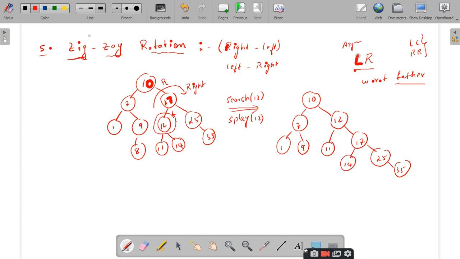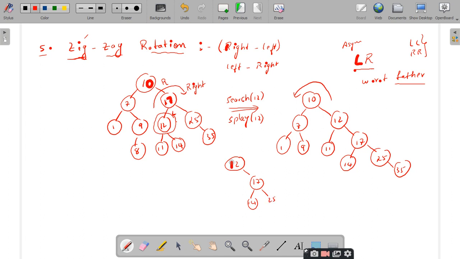Now we are done with only the zig operation. Now you have to perform the zag operation. That means left rotation you have to perform here, not here. Left rotation you have to perform with respect to the parent only, right? So the parent of 12 is 10. When I perform the left rotation, what will I get? 12 becomes the root node, and the right child is 17.